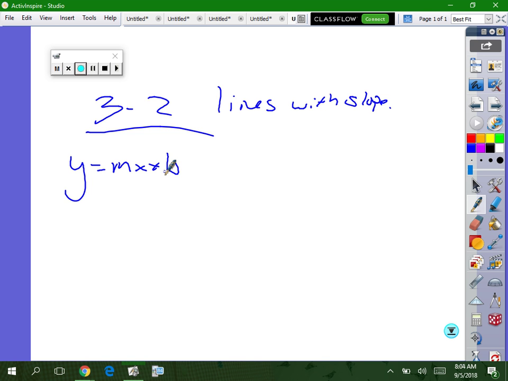Once again, what is the m standing for? Slope, right? And the b stands for what? Y-intercept, okay? All right. So if I give you a slope and a y-intercept, writing our equation is fairly simple,